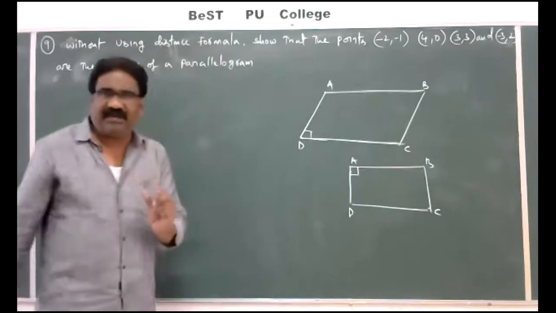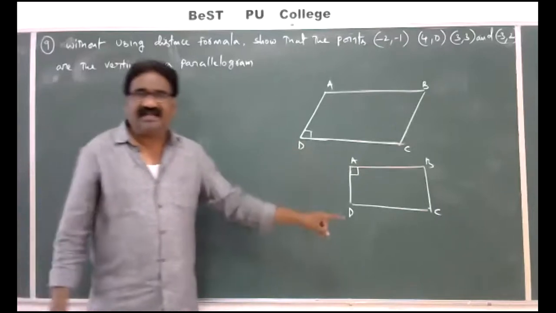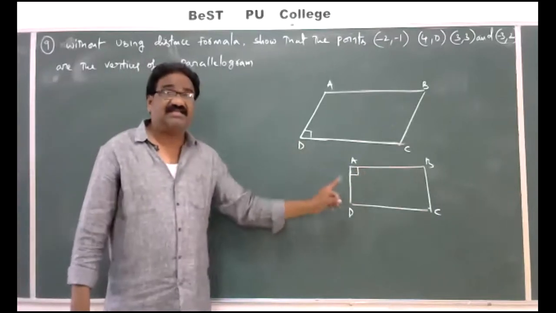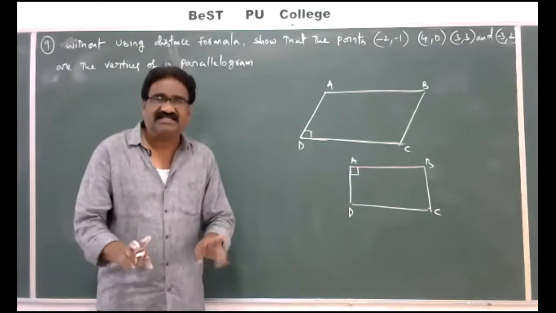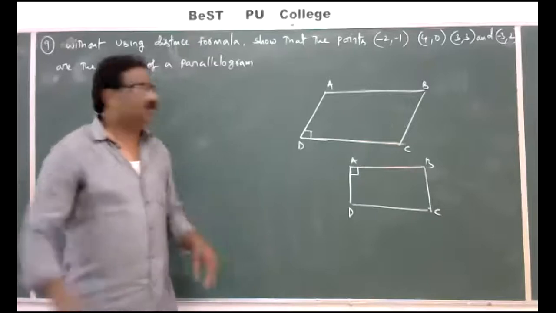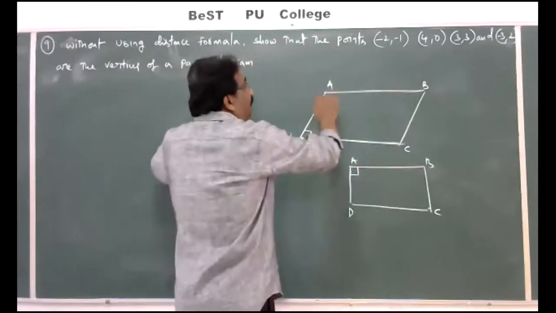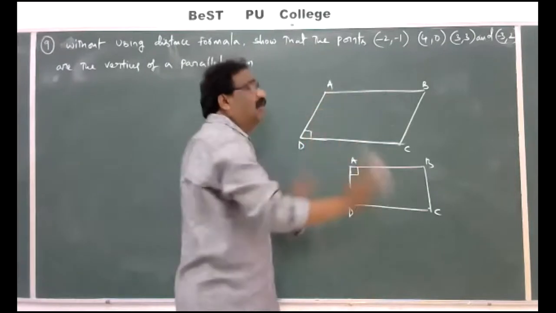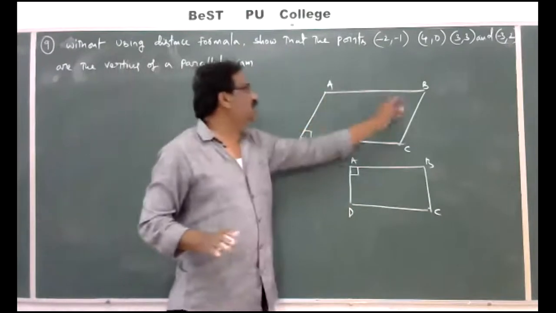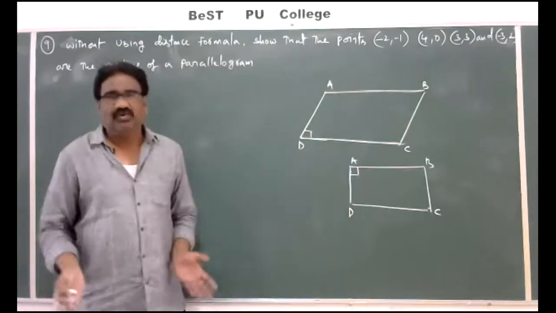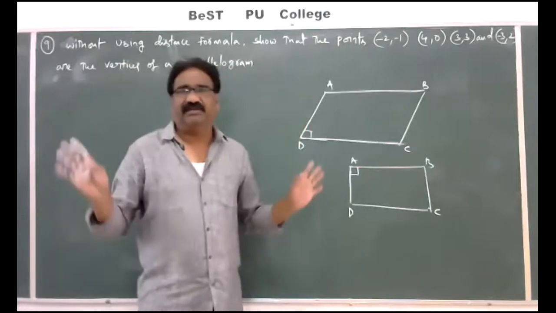This is one point. Next, the second point: the difference between rectangle and parallelogram is that in a rectangle the angle between the adjacent sides is a right angle, while in a parallelogram it is not. So the product of AB slope and AD slope is not equal to -1. You prove that, then we say that it is a parallelogram. That's enough. Simple way. Okay.